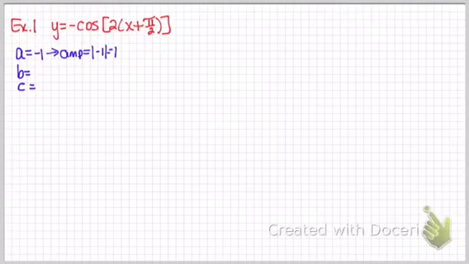My period is 2, which tells me my b is 2, which tells me my period is 2 pi over